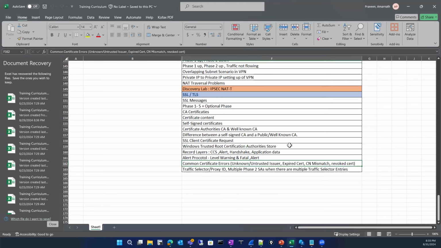But decryption helps you, as I said, to see what kind of HTTP request is going through inside the SSL tunnel. And this is supposed to be on the